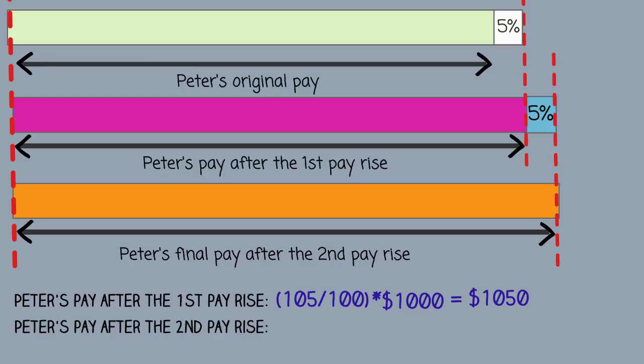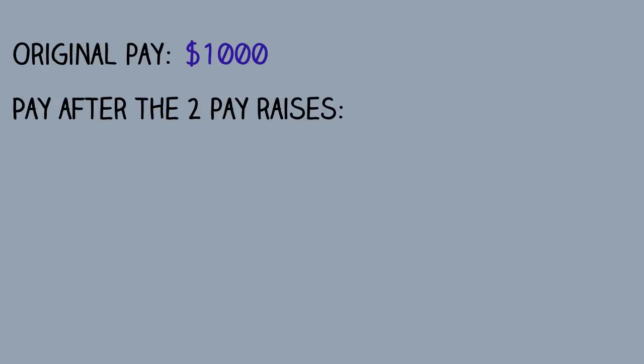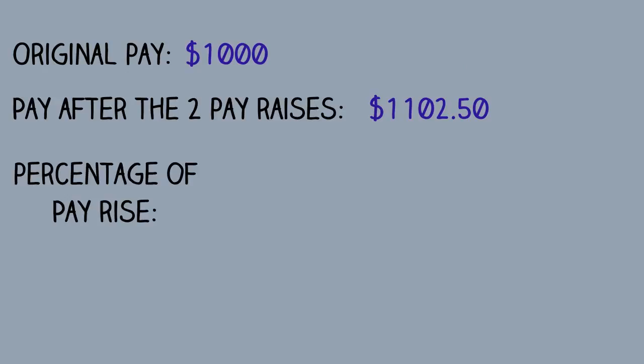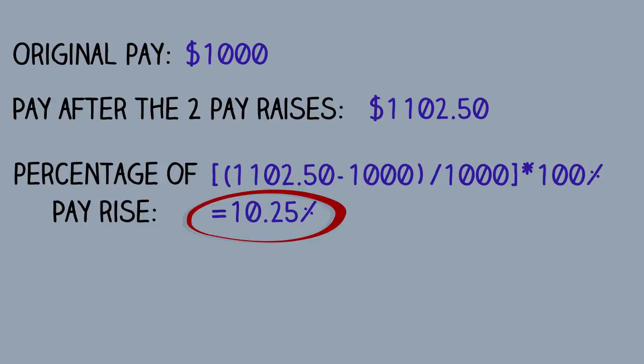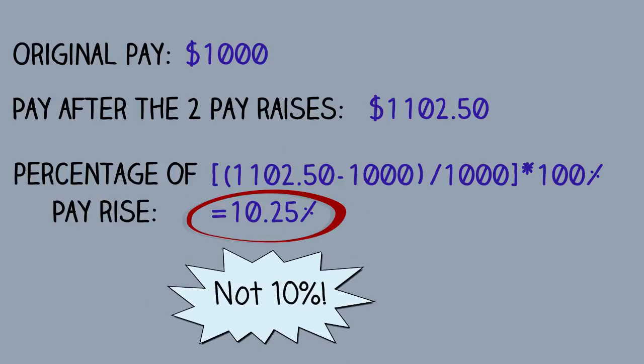To calculate Peter's pay after the two raises, we can take 105% of his pay after the first pay rise, which is $1,050. This gives $1,102.50. We know that Peter's original pay is $1,000, and his pay after the two pay raises is $1,102.50. We can use this information to calculate how many percent Peter's pay rose from his original pay of $1,000. That would be the difference between his new pay of $1,102.50 and his original pay of $1,000, divided by his original pay of $1,000, multiplied by 100%, giving 10.25%. You see, the total pay rise is 10.25% and not 10%. You cannot simply add all the percentages up, in this case 5% and 5%, and say that is the total